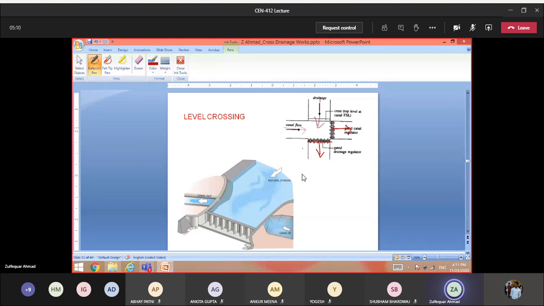In the case of the inlet and outlet, one out of these two should be very big and one should be small. Okay, only then the inlet and outlet is provided. So you can say this is the canal inlet to this big stream, and this one is the outlet. How much discharge you have to take in the canal in the downstream, right? And here the regulator is being provided because you have to regulate, okay, both across this stream and also across this canal, I mean, at the head of the canal. So this is the inlet and outlet. Okay.